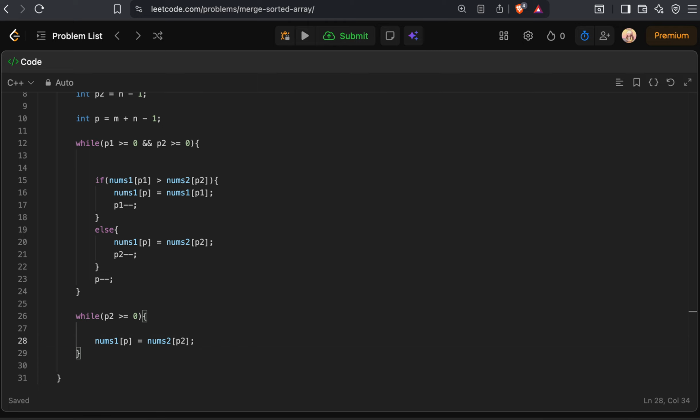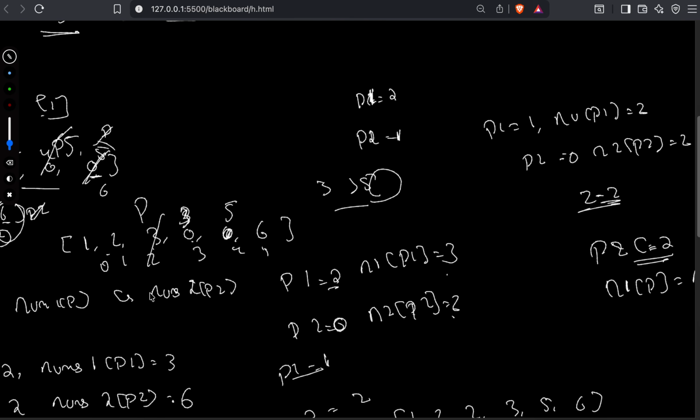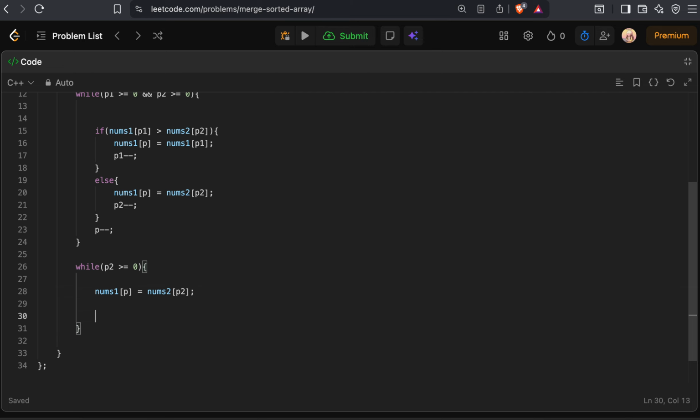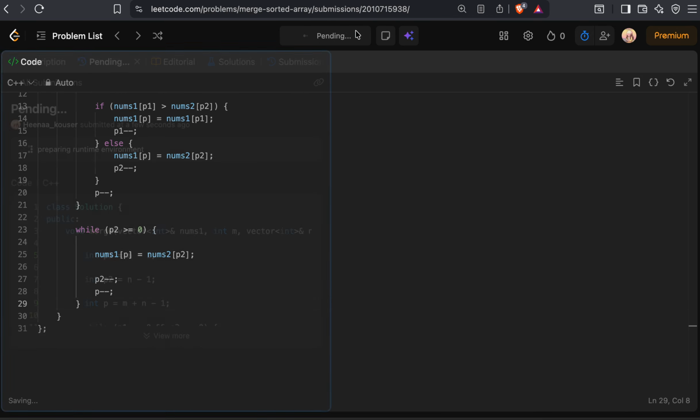Next, we move the pointers, so p2 backward, p also backward: p2 minus minus and p minus minus. Let's see, yes. So every single line is exactly what we did in our dry run. Okay,